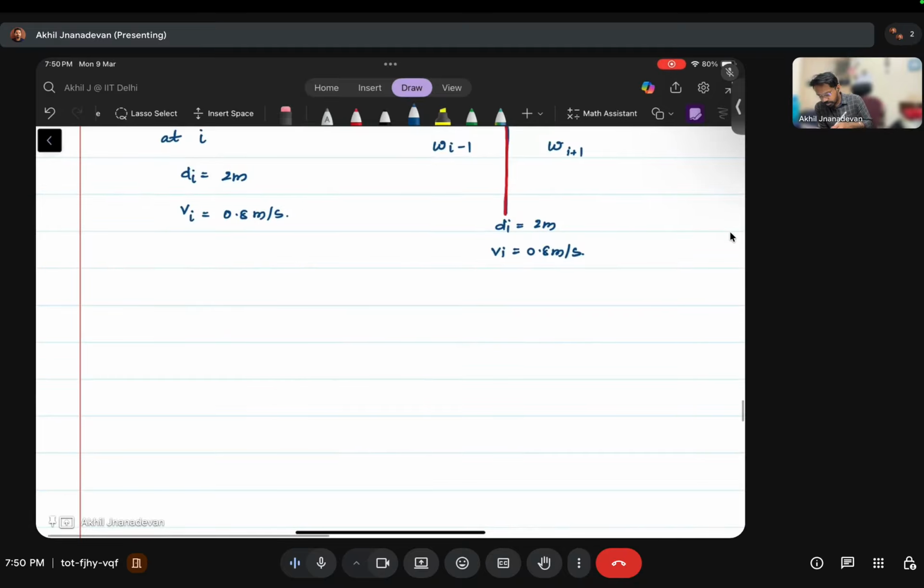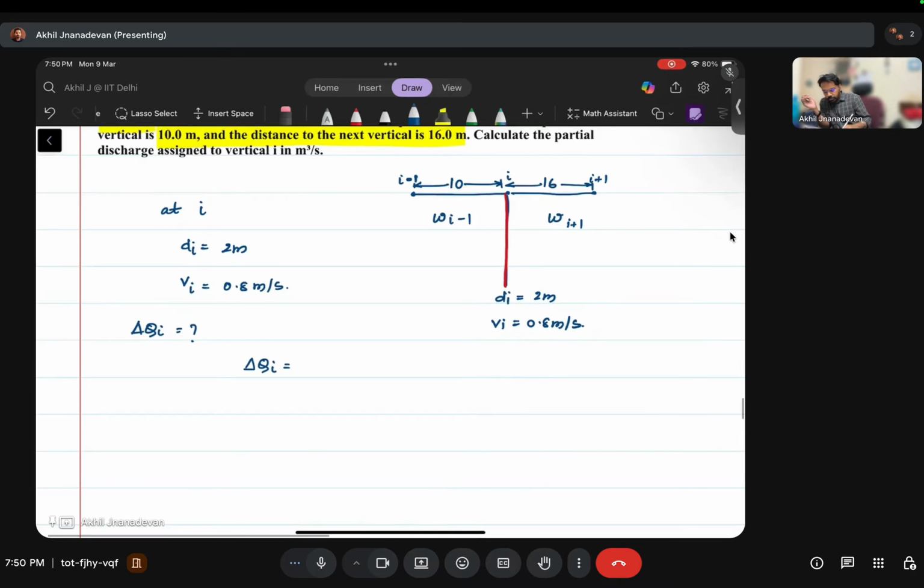So we can represent it as delta Qi, that we need to find. So delta Qi is nothing but Vi, that is the velocity,